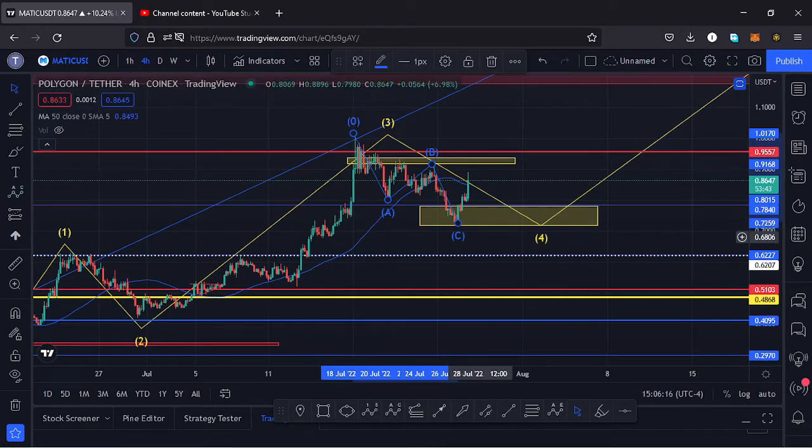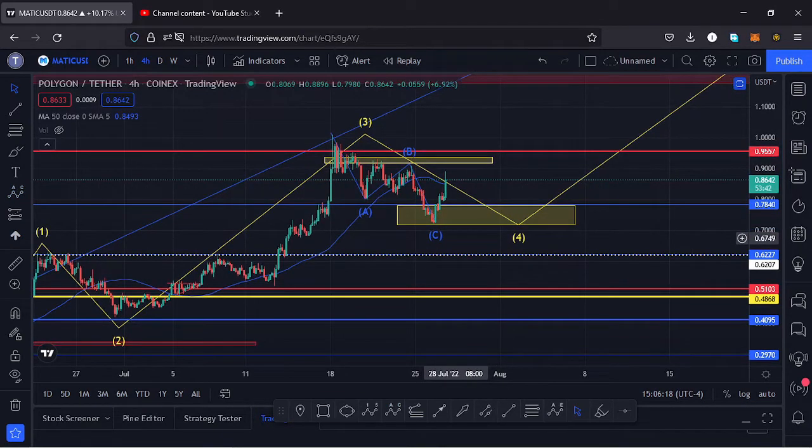And having done that, it's possible that the price of Polygon Matic might have seen that reversal to the upper side by completing that wave 4 to the lower side, and soon we might see a nice breakout to the upper side to complete that wave 5. And here within this ABC correction, I also have a channel which we have been trading within. So if I draw a channel over here,